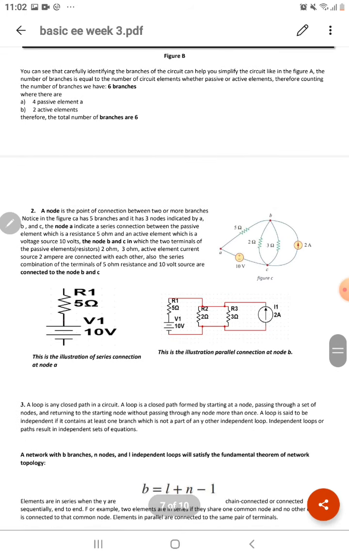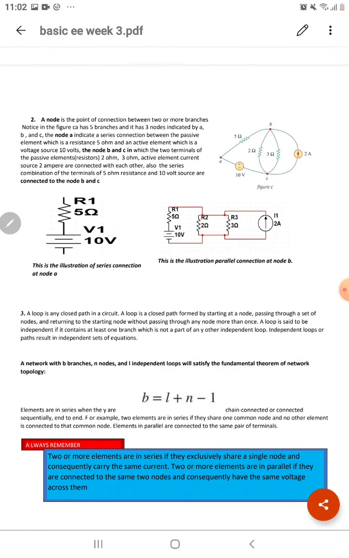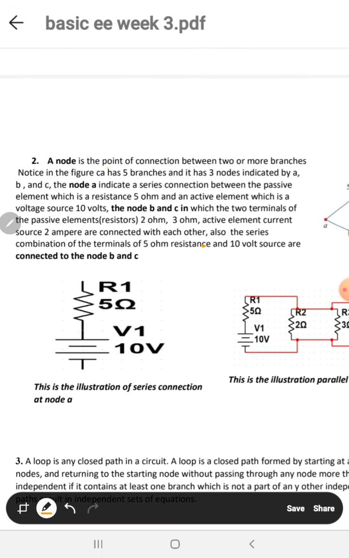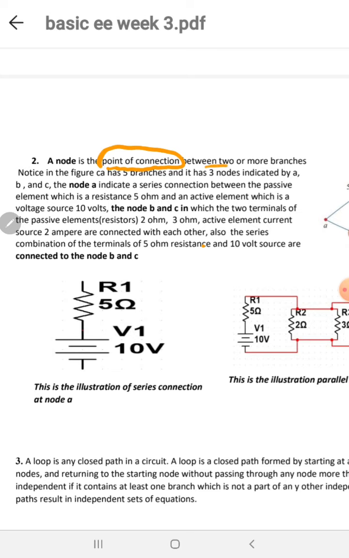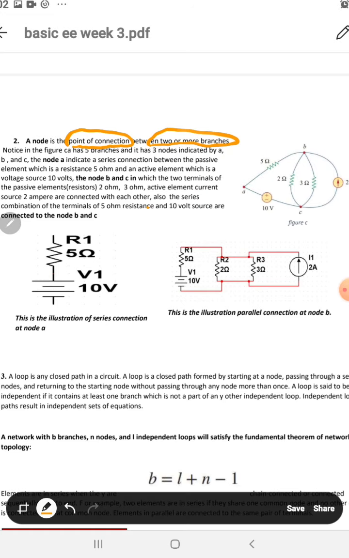Your node is the point of connection between two or more branches. So, ito yung sinasabi ko kanina, yung nodes mo. Always remember that your node is very needed in your analysis. Kasi yung node mo, sinasabi nating point of connection between two or more branches. So, your node A indicates a series connection between the passive elements,